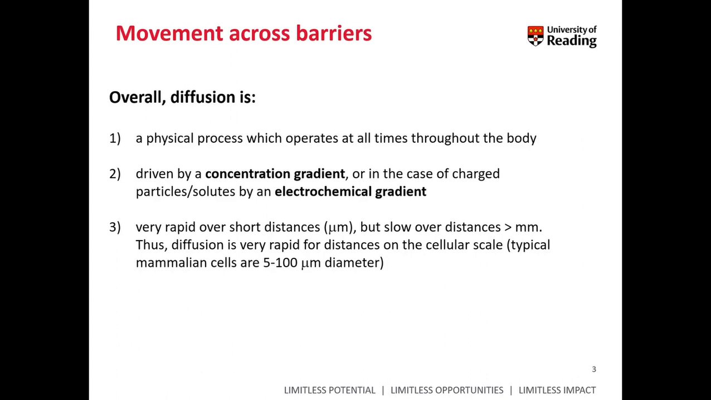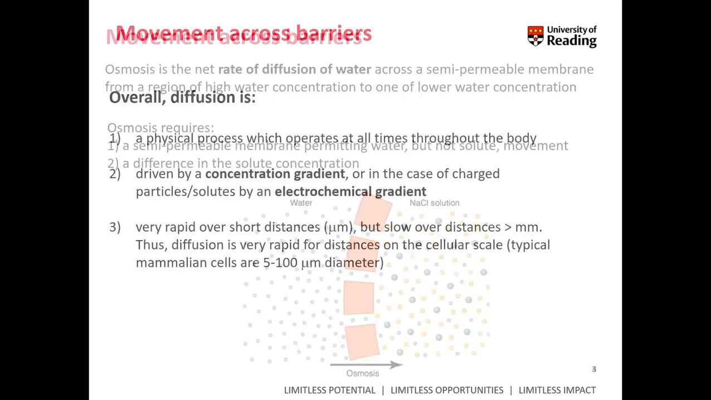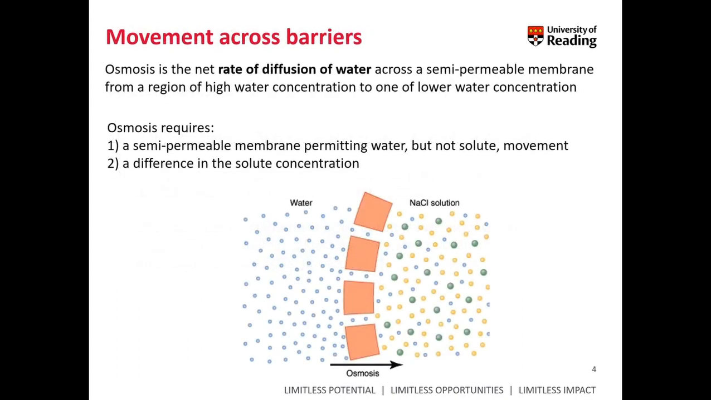But actually diffusion occurs all over the body. And even though it can be slow between different large compartments within the body, at the cellular scale it is a very, very fast occurrence. So of course there are different kinds of barriers, right? So if we're considering semi-permeable barriers such as the plasma membrane, the phospholipid bilayer, and we look at the movement